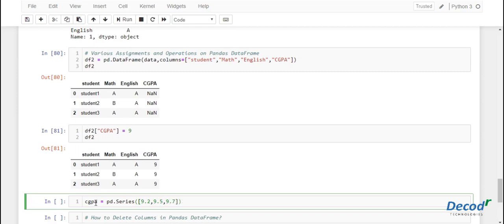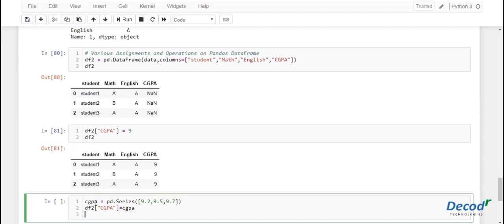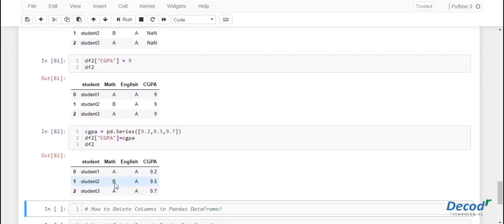Smart kids. So let's assign it to the column: df2 of CGPA is equal to small cgpa, that is the pandas series. Let's print. Now you can observe that the values are taken from the CGPA pandas series.